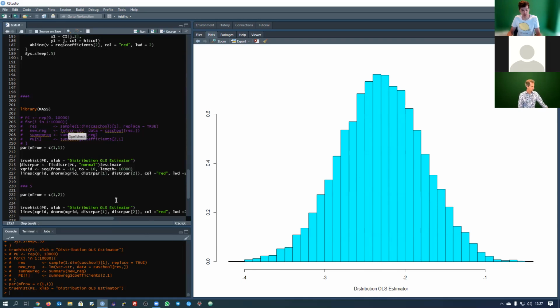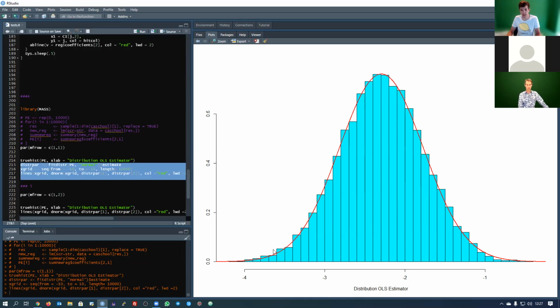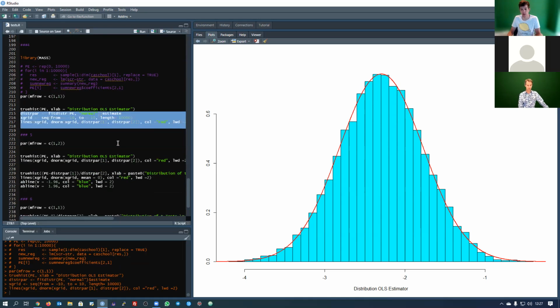And if I want to fit now the curve, the density function of a normal distribution to that plot, we see that this almost perfectly fits to the density function of a normal distribution with certain variance and with expectation of the true value that we, in this case, assume to know. This distribution of the OLS estimator